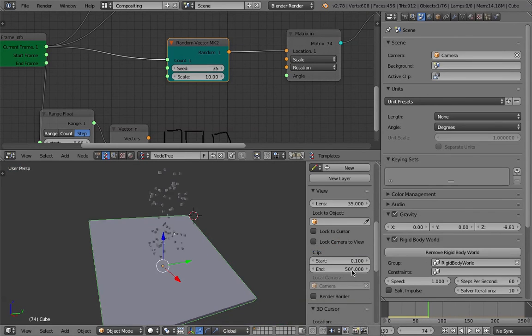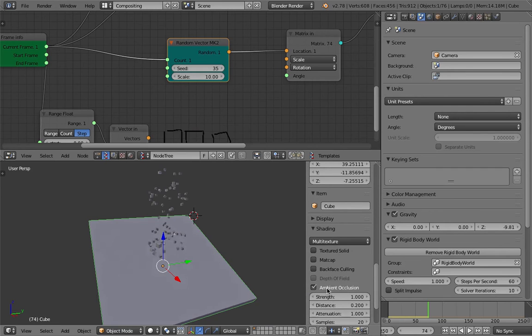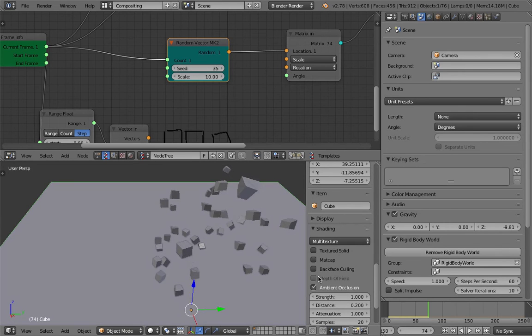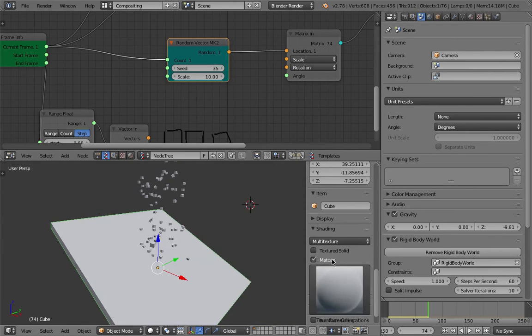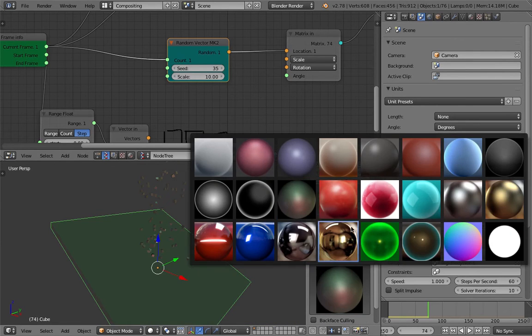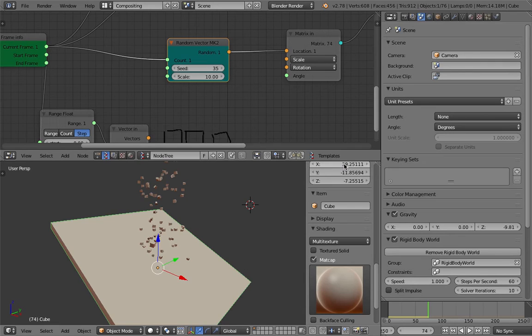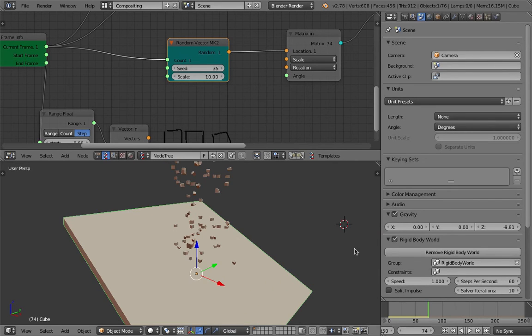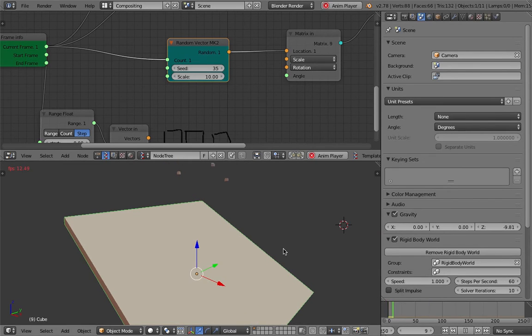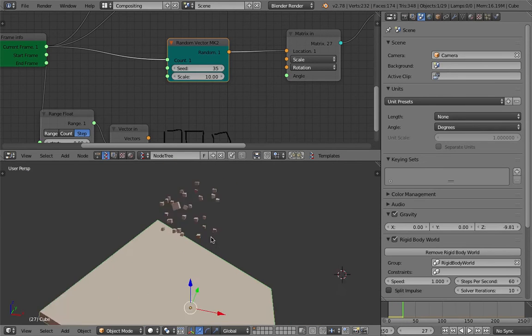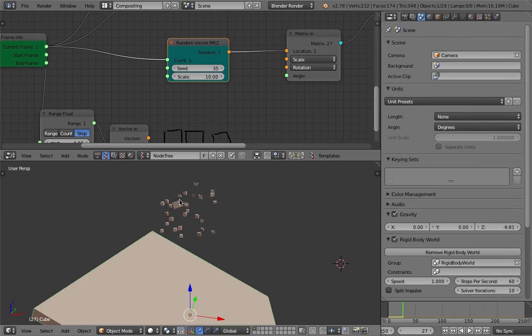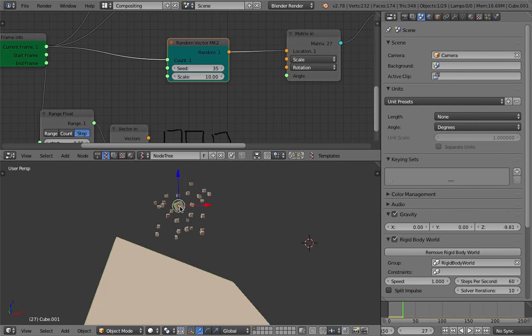Maybe I can turn on the ambient occlusion. Not gonna work in this case. It's gonna slow down the thing, so don't worry. Maybe matcap. Matcap looks nicer. Alright, so that's cool. You can see with a random vector, it's spawning this cube in kind of a